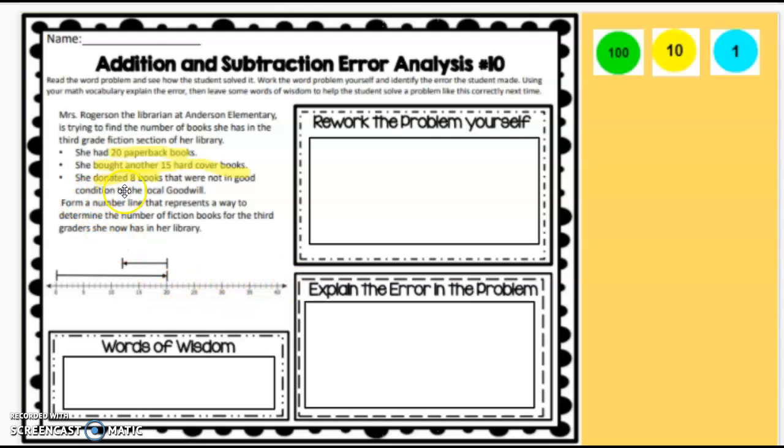And then she donated. Well, what happens when you donate something? You don't have that anymore. When you donate something, you don't have that anymore. So you're going to be taking that away. You're going to be subtracting that. So then you would be subtracting 8. Based off of this number line, they missed the step of adding an additional 15 books to her collection before she donated books. So if I'm going to rework this problem by myself,